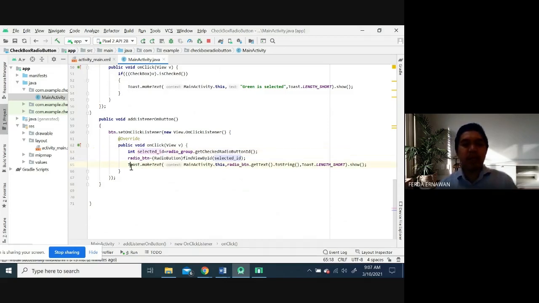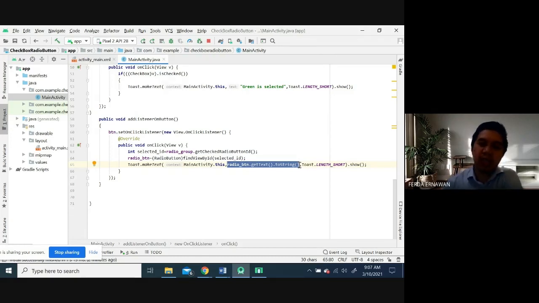Okay. Then after that, we display the get text to string. Because in the radio group, user only allow to choose one, one only. Okay, so they have to find by radio group dot get check radio button ID. Okay.